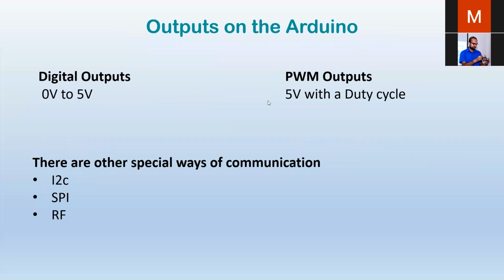We have PWM. A duty cycle is the ratio between the on time and the total time. I talked about that, but let's talk about it a little bit more. The duty cycle is the word I want to discuss more, right? You already know what PWM is: pulse width modulation. We modulate the pulse width of a signal, right? And we use that. So when you hear the word duty cycle, what you should know is that it is a ratio. It is a ratio between the on time